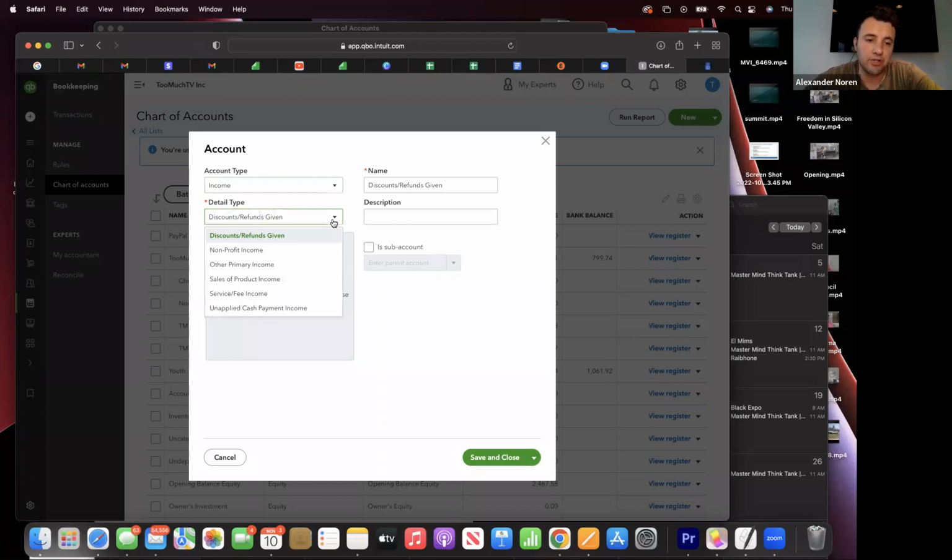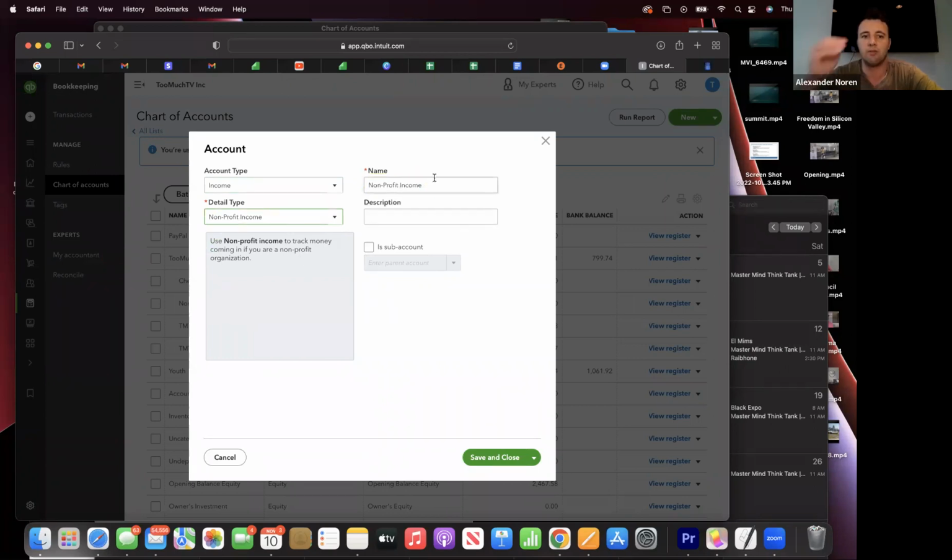This absolutely does not matter at all. You can either put nonprofit income or service fee income. I don't even know why it's a mandatory field. It doesn't come up anywhere and is completely irrelevant to everything. So, all right, now go back to your chart of accounts and paste in contributions, I think, is the